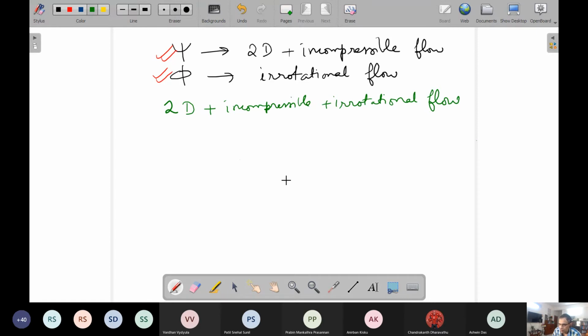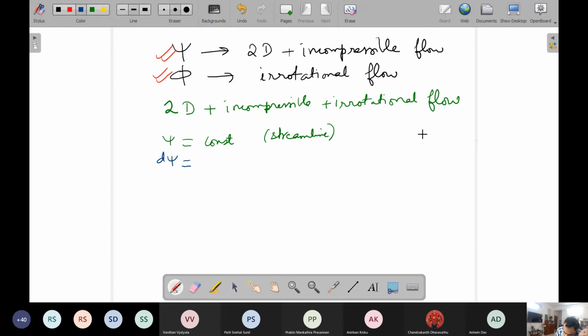First of all, we have seen that psi equal to constant represents a streamline. We have to see what phi equal to constant represents, which we may call an equipotential line, because this is named the velocity potential, but how does it relate to the streamline? So to understand that, we will simply use the differential rule that we talked about